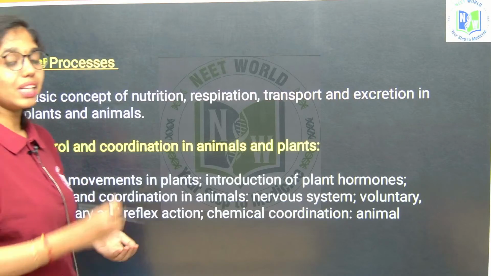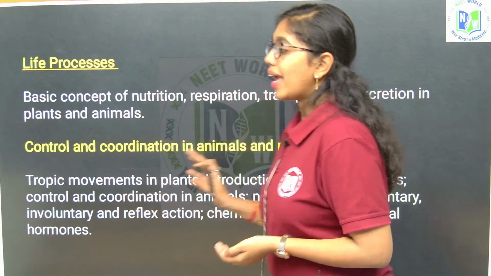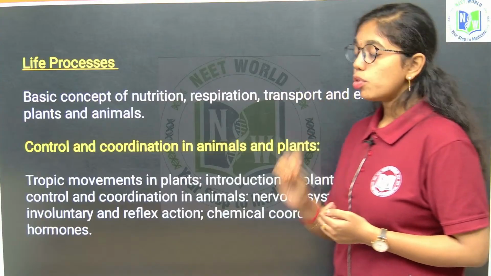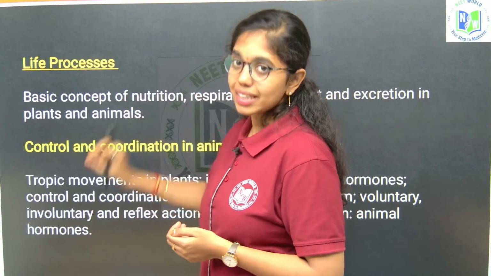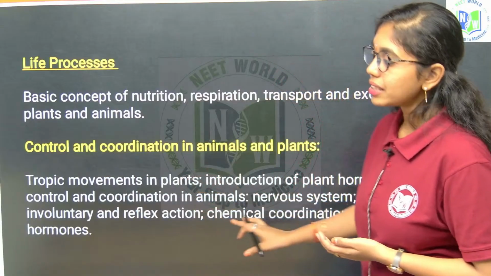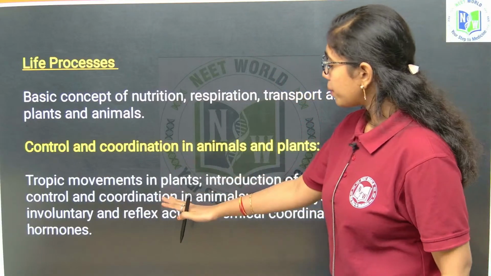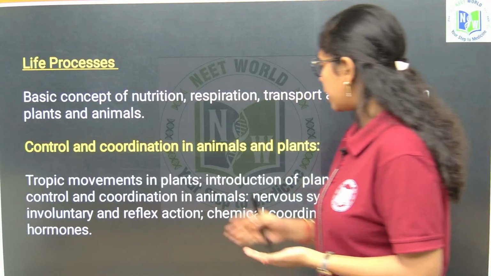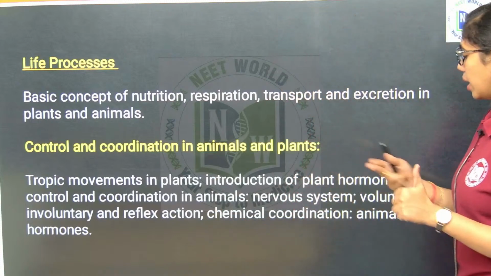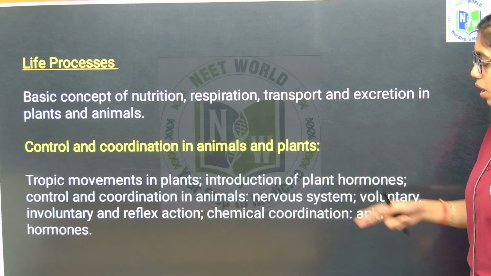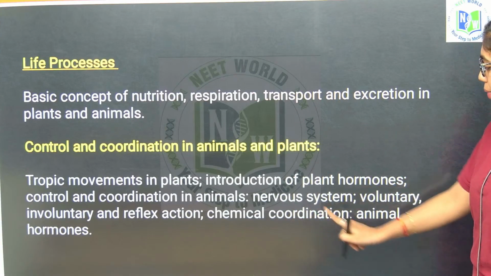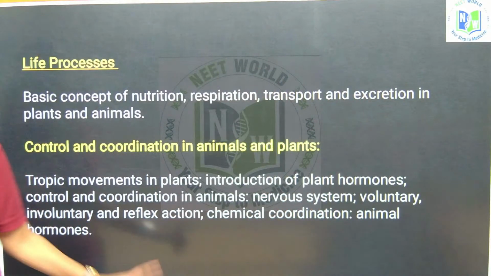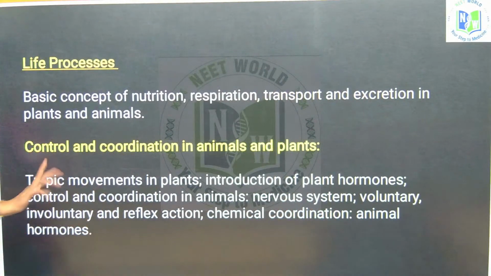Control and coordination is a major chapter where every time in the NSEJS exam there will be a question from control and coordination, and most of the students feel difficulty in this chapter only. So what are the things that we have to learn from here? Tropic movements in plants, introduction of plant hormones, control and coordination in animals, where we have to learn the nervous system, voluntary and involuntary, reflex actions, chemical coordination and animal hormones. All these concepts should be learned with practice, okay, majorly. Next,